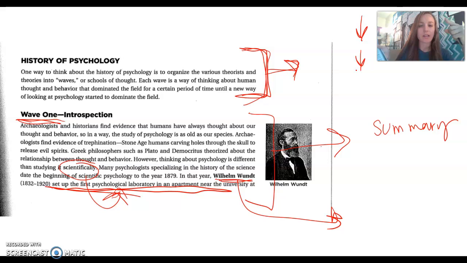Do the short summaries on the side, and then make sure that you are making note of those terms that are bolded, especially the people. They want you to know the history of psychology and the people that were influential in changing the way that the study of psychology is done and thought about. So that's your instructions. I'll repeat it one more time. You're going to do 3-word summaries for each paragraph or each wave of the history of psychology, and then make sure that you make note in the paragraphs of those different people and bolded terms, and then you're going to bring that to class with you next class time.